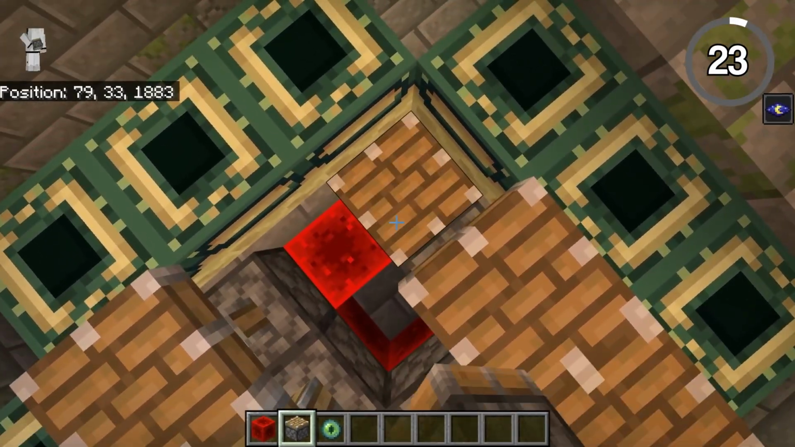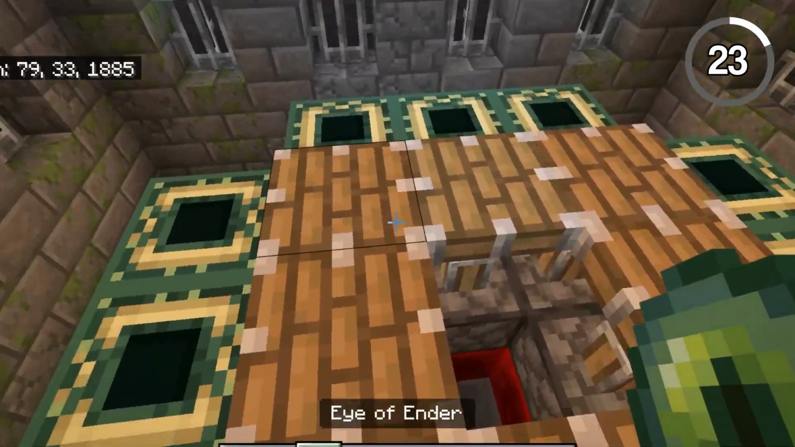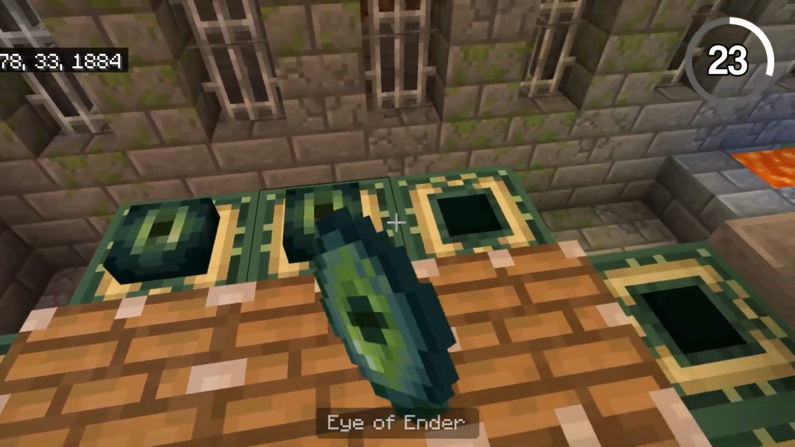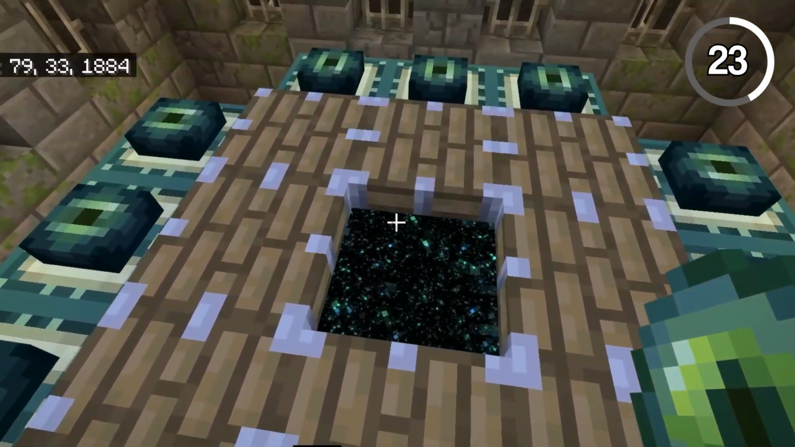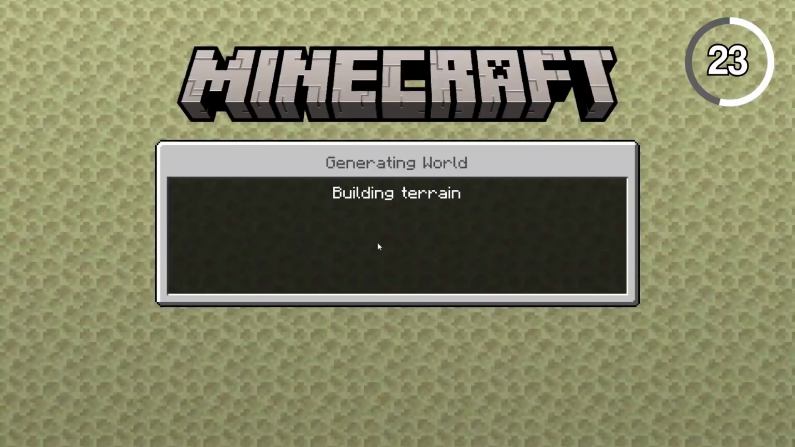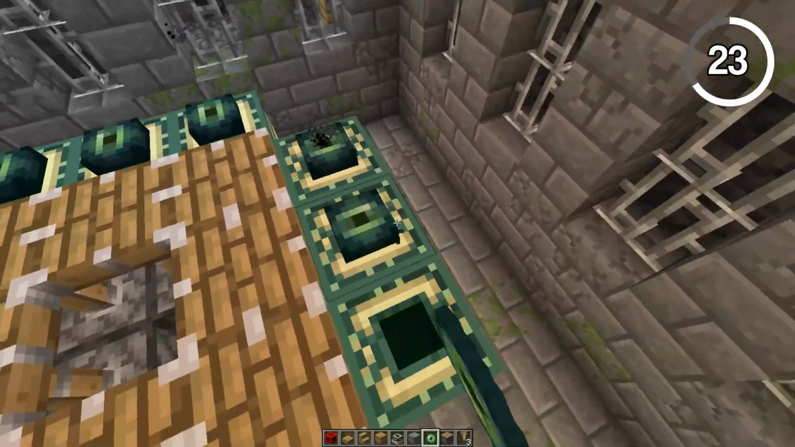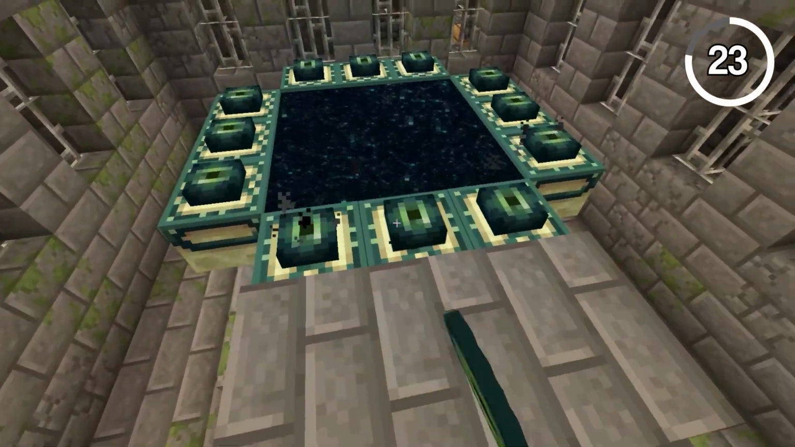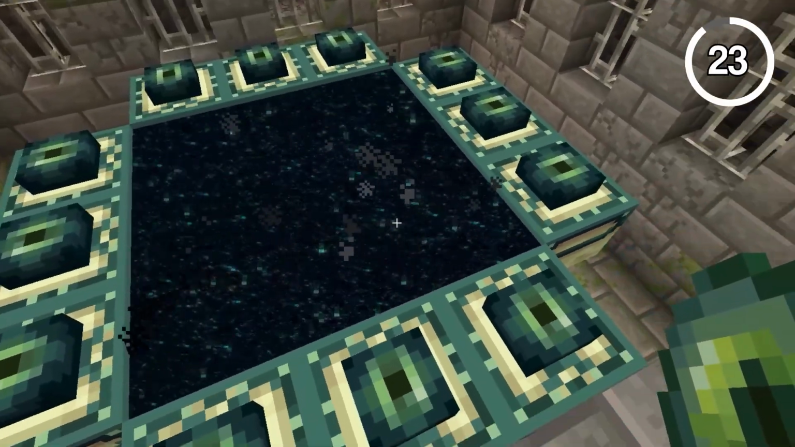In Bedrock Edition, if you activate all sides of the end portal using pistons and leave the center empty, only the middle block activates. And strangely, the portal still works. But in Java Edition, this trick doesn't work at all, and the piston even gets destroyed when you try to